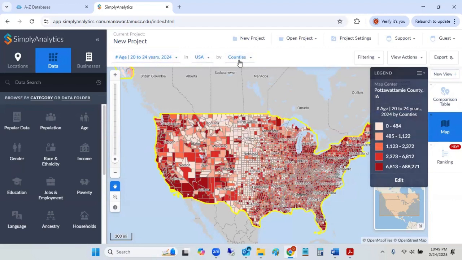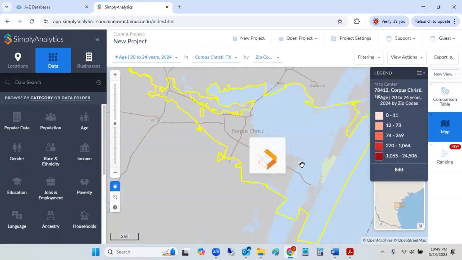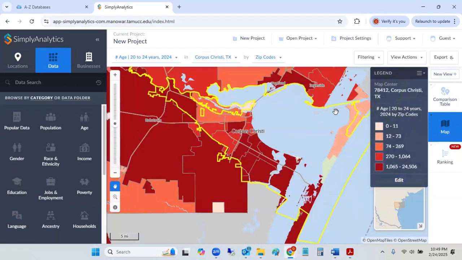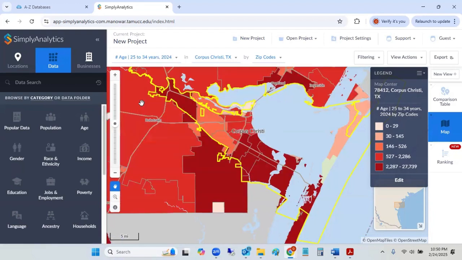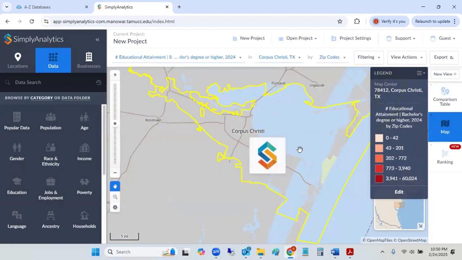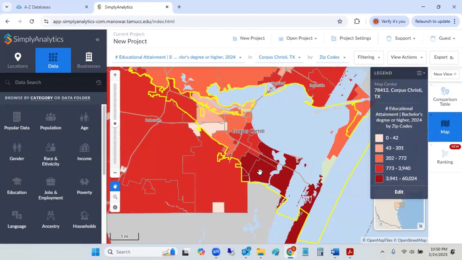Here on the upper part, what we do is we switch from USA to Corpus Christi. And then here we have the density or the concentration of where there are more people in Corpus Christi within this specific age group, 20 to 24. But here, as you are seeing on this tab, I'm scrolling down to a different age bracket. So here we have maybe a slightly different distribution. Let's go to education. You see you have different colors for different zip codes, and on the right-hand side, you have the labels of